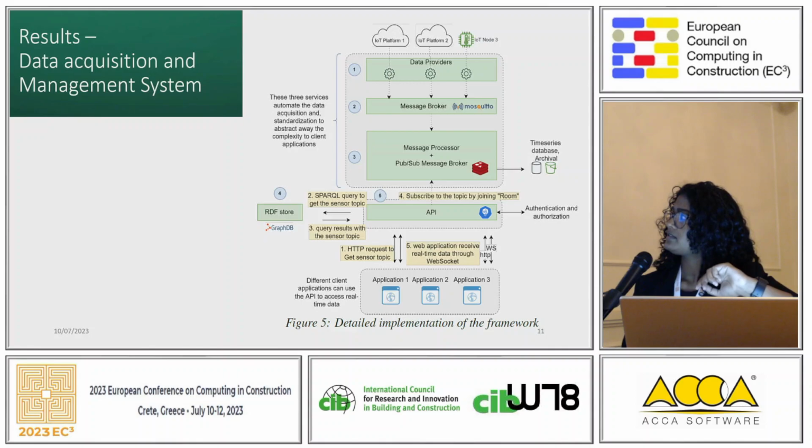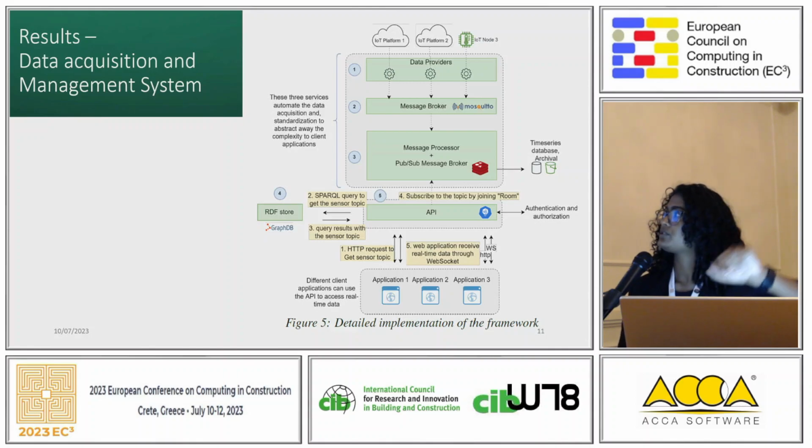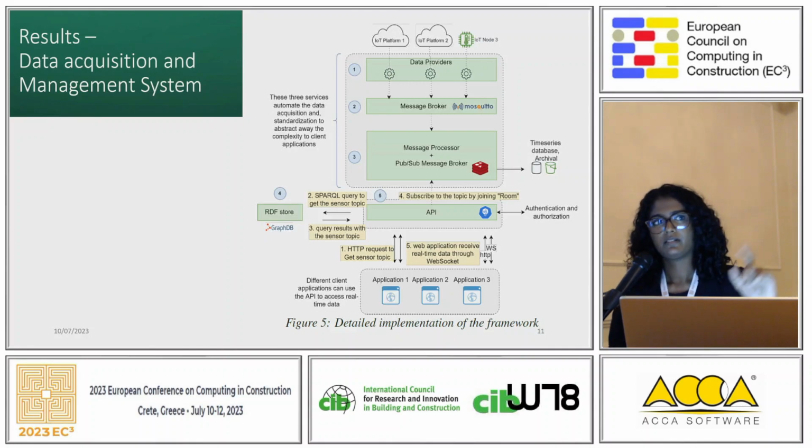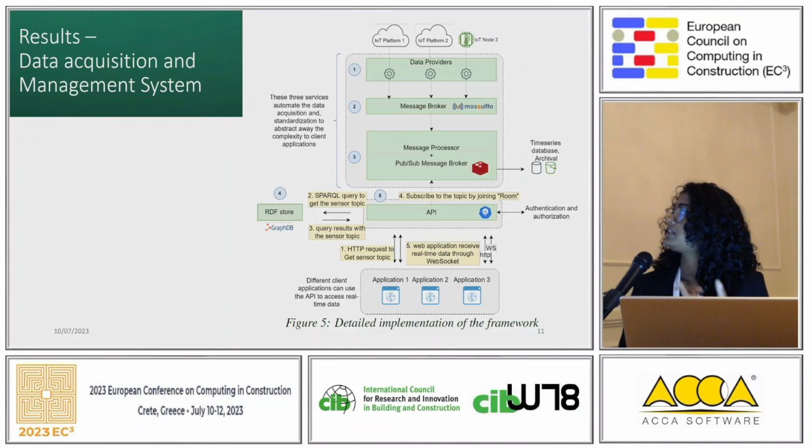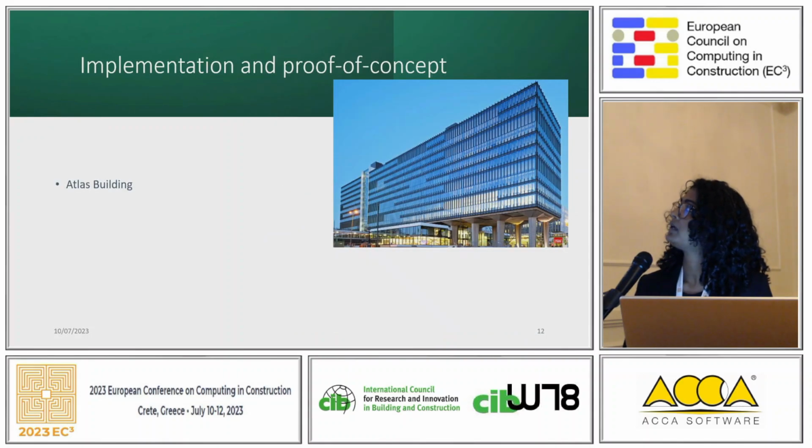And what it does is we have all the descriptions or the relationships in the semantic graph. So through the API, the application requests the graph database, can you give me the identifier of this particular IoT stream of this smart socket that is located in room 123? And it gives you the identifier of that real-time stream, and it can use that particular ID, or the MQTT topic in this case, to listen to the real-time data stream.